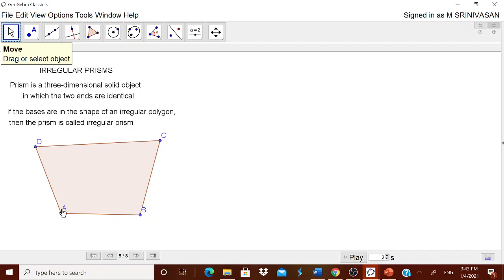Now we can bring this A down and B down so that ABCD is a quadrilateral, and you can move it and then convert it into a quadrilateral. It should not look like a rhombus or trapezium and all. Anyway, this is a quadrilateral. Well,